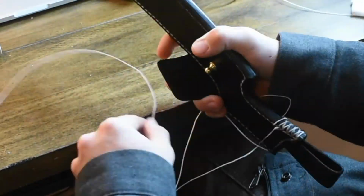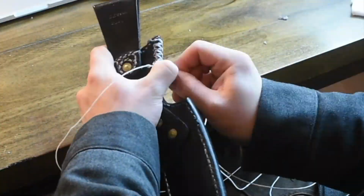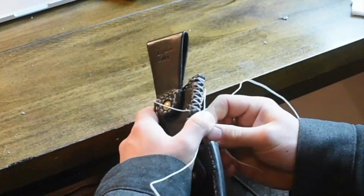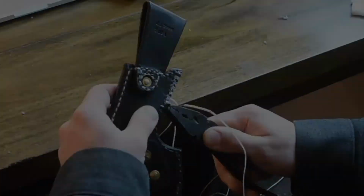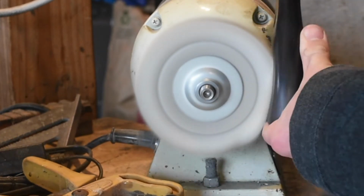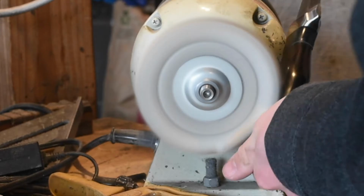So I really decided not to make this easy on myself. Not only did I do a normal line of stitching, but I also decided to do X's going across the edge of the sheath, which took forever, but in the end I think it looks really good. So now I get to buff out the handle and finish that, and then move on to hand sanding the